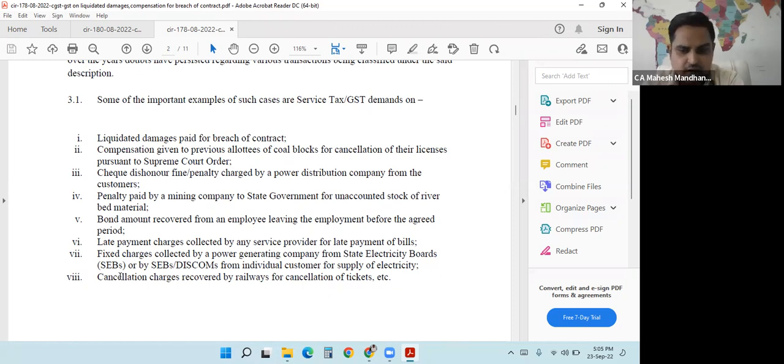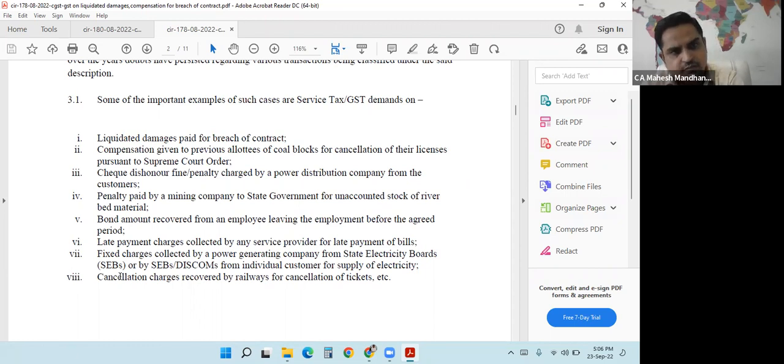Now, again, in this case, whatever notice pay is recovered by the employer from the employee is not in the nature of any service provided by the employer to the employee. No service is provided by the employer to the employee. The employer is recovering such notice pay from the employee because the employer has incurred certain expenses in the past on account of training and recruitment of that employee. So, in order to recover that cost,